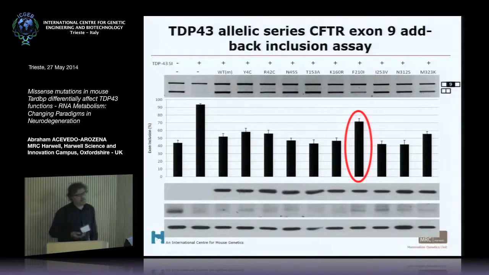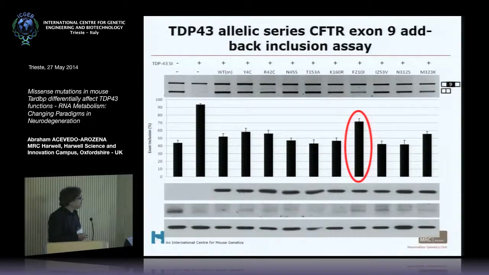So because we had so many mutations and we didn't know which ones would be potentially interesting to work on, we decided to throw them to a functional assay. And what we did, Professor Baralle and Dr. Buratti talked this morning about the add-back assay, the CFTR exon 9. So what we did was to come here. That was the work of a PhD student, Tom Ricketts, and throw all the mutations that we had to this add-back assay, where we siRNA the human TDP43 in HeLa cells and add back the mouse,